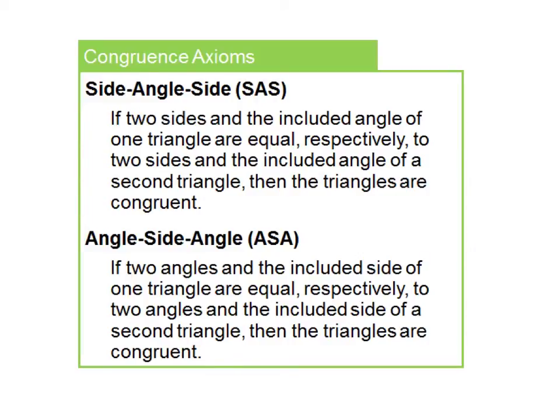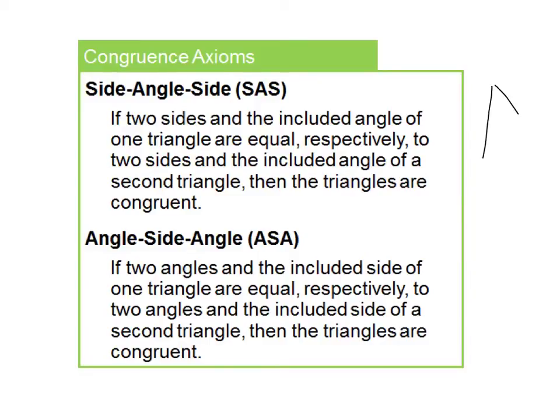To begin our lesson on law of sines, we first have to remember the congruence axioms from geometry. Remember that anything that's congruent means that all side lengths and all angle measures of two different shapes are equal to each other. So, the first was the side angle side axiom, which is saying that if we have any two